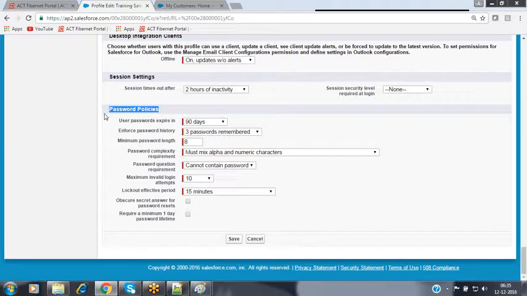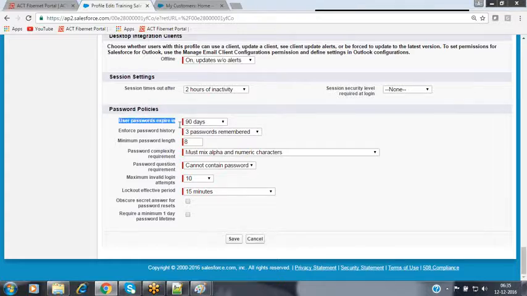Now, if the password has been entered wrong multiple times, how many invalid attempts do we need to allow? If the password has been blocked, what can we do? Do we need to reset this password by contacting the administrator, or does it automatically get reset? How can we implement that? We'll see practically. For that, it gives you so many options.